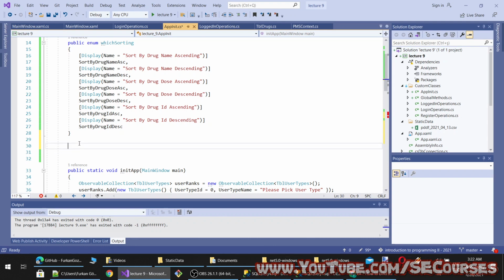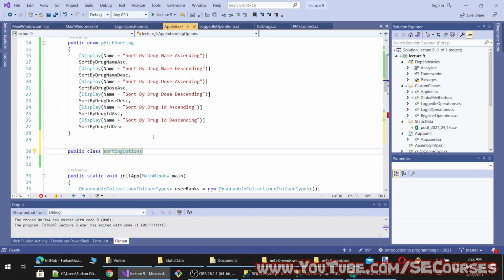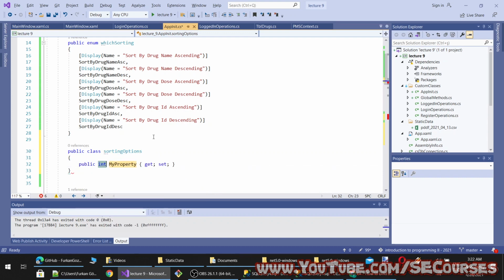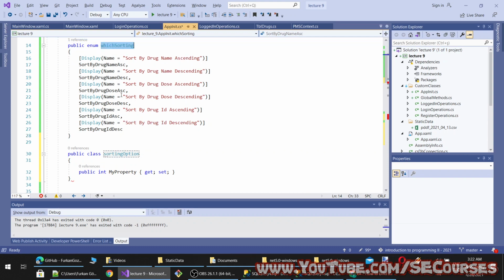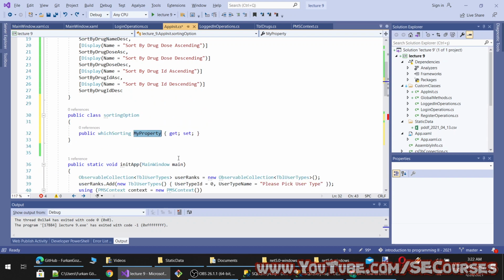Yeah, let's make it a different way. So let's add a public class. I will go with the easier solution, and I will name it SortingOption, and here it will have an enumeration like this.